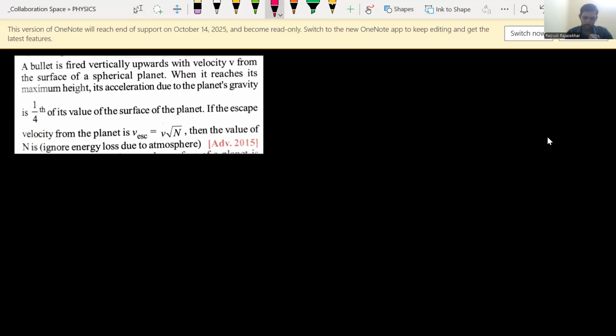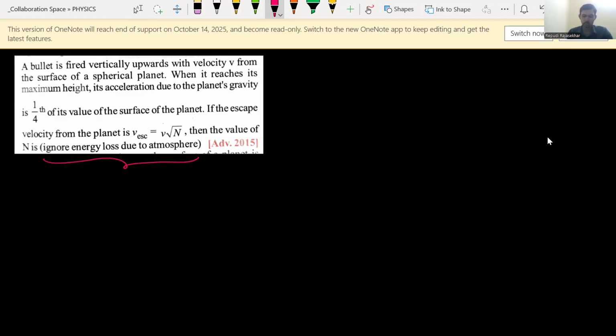A bullet is fired vertically upwards with velocity v from the surface of a spherical planet. When it reaches its maximum height, its acceleration due to the planet's gravity is 1/4 of its value at the surface of the planet. Understanding the language of the question is very important. If the escape velocity of the planet is v escape equals v times root n, then the value of n is? Ignore